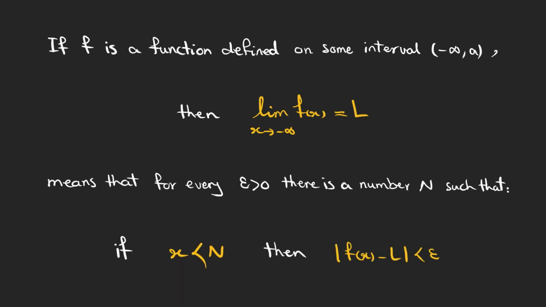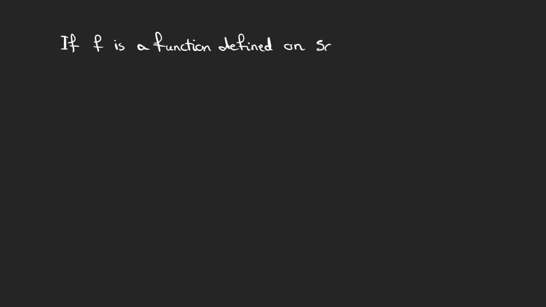And again, we have the same definition for limit at negative infinity, but here we have negative infinity. And this inequality suggests that every x we choose is smaller than the negative number n, which suggests the concept of negative infinity. And finally, if f is a function defined on this interval,